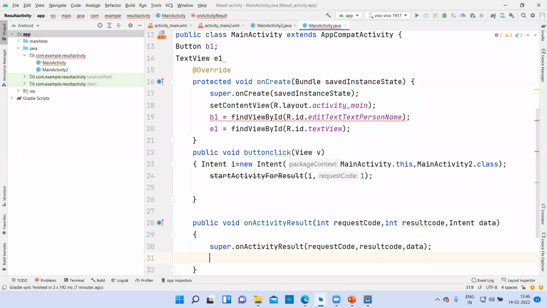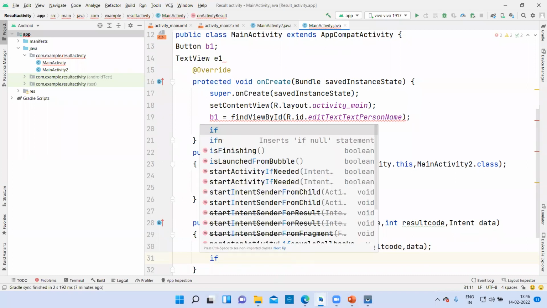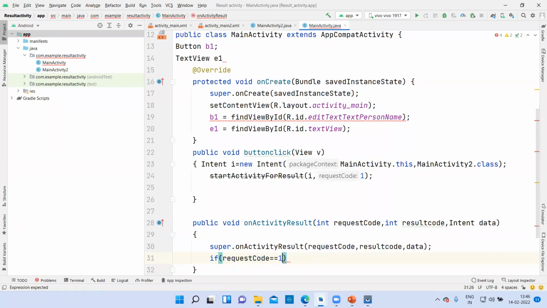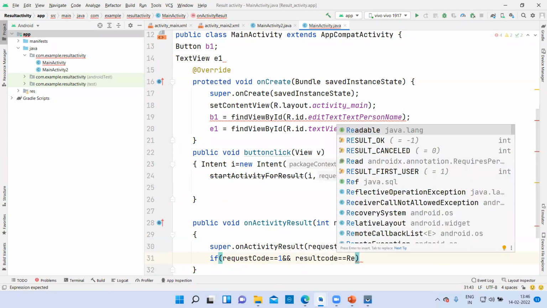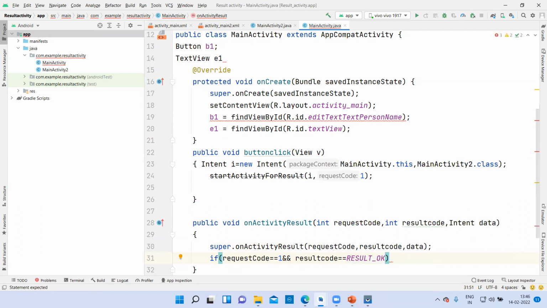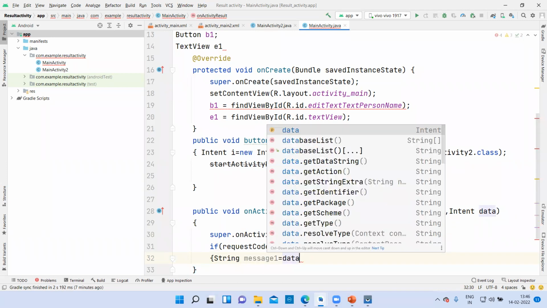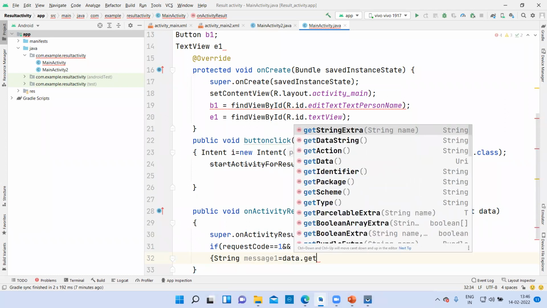Now we have to deploy the if statement. If request code is equal to 1, because the activity will be identified, and result code equal to OK. This result code will be set by the second activity equal to RESULT_OK. Now once the data has been sent by the second activity, it will write this string message 1 equal to data dot get string extra.